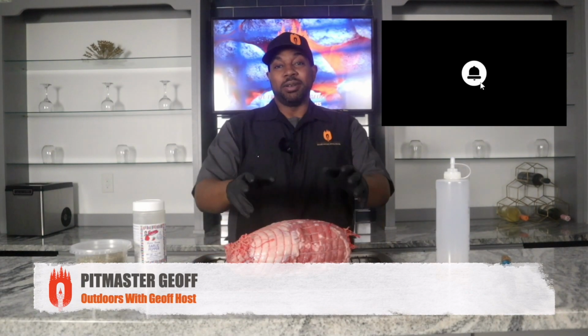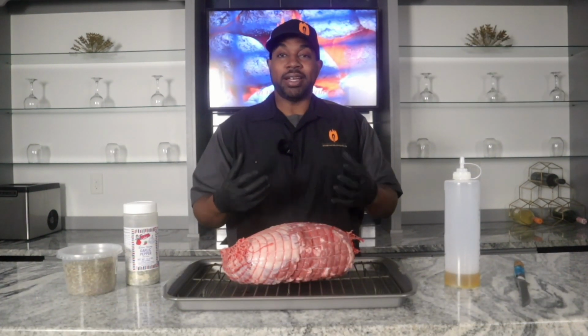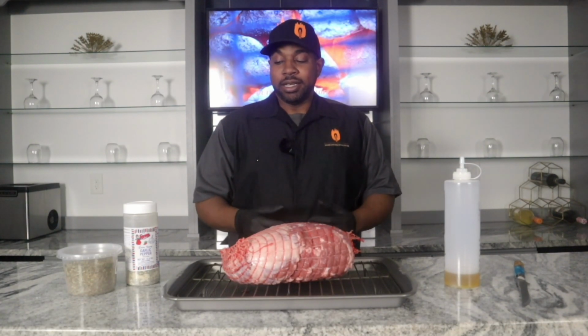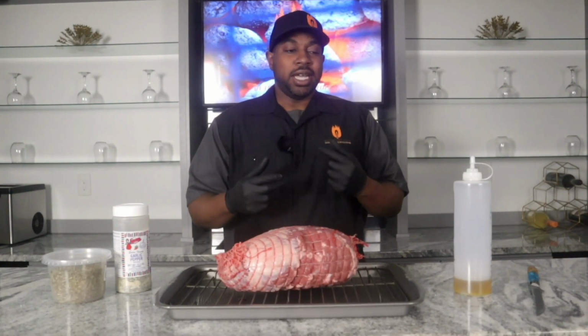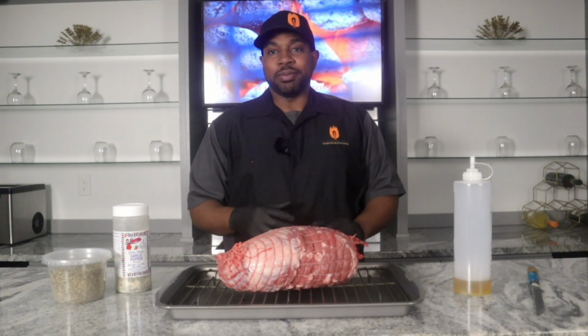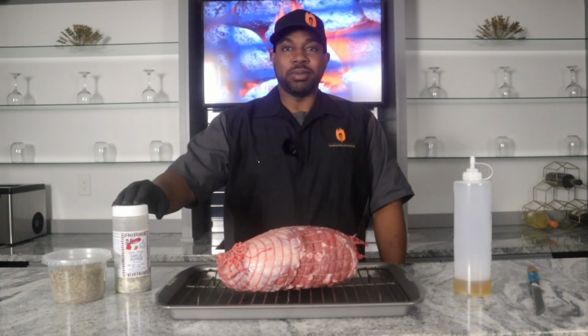Today we're going to be cooking a boneless leg of lamb. Now, I tend to like rack of lamb or lamb chops, but today we're going to tackle this leg. And we're going to keep the seasonings really traditional. We're going to start off by getting a good bit of avocado oil on there, and then we're going to come back and get some Fiesta brand's garlic pepper seasoning on there